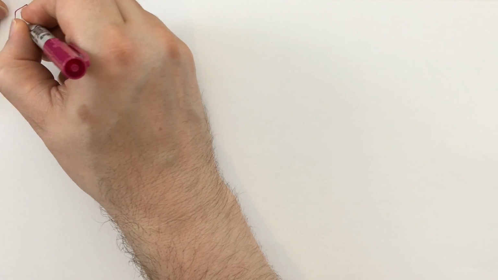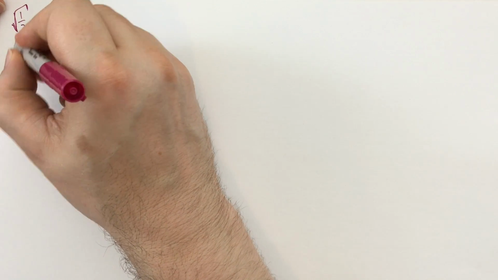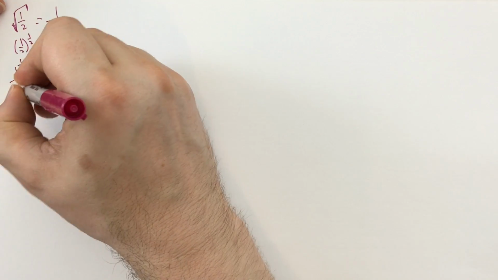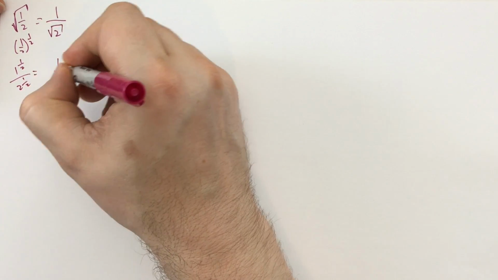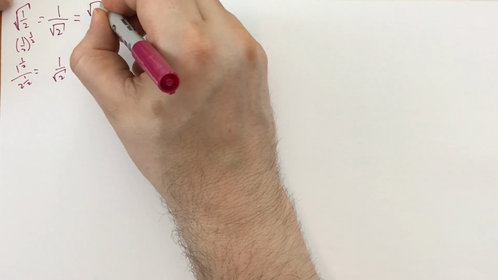Where would you get that? Well, sometimes you just have the square root of 1/2, and that's the same as 1/2 to the 1/2 power, which is 1 to the 1/2 over 2 to the 1/2, so it's the same as 1 over the square root of 2, okay? So they often write it this way instead, square root of 2 over 2,